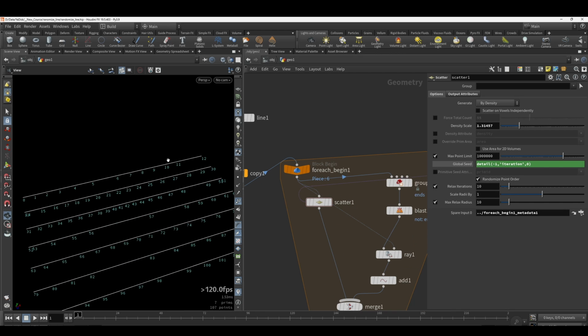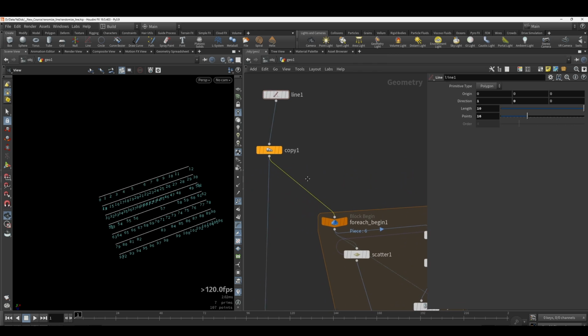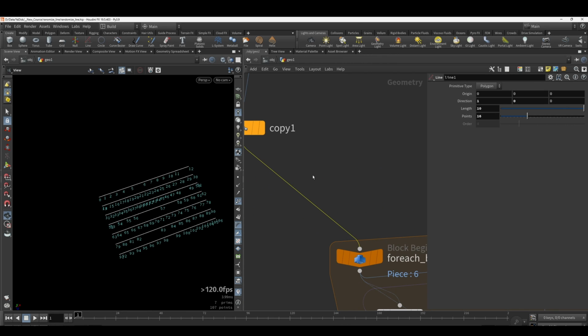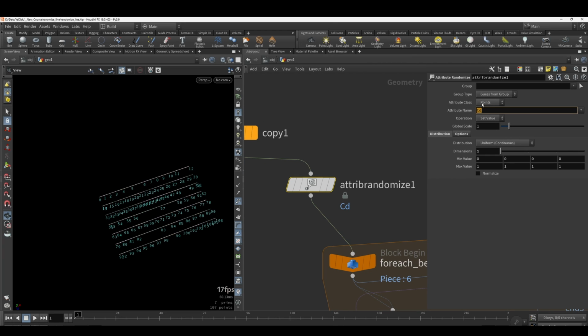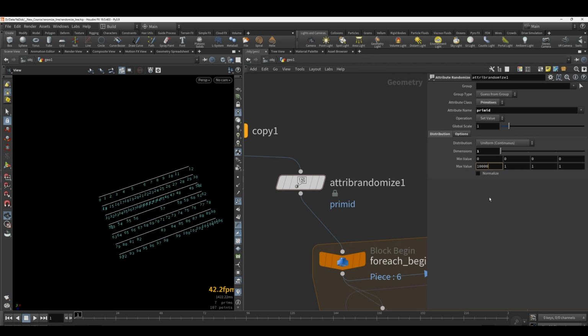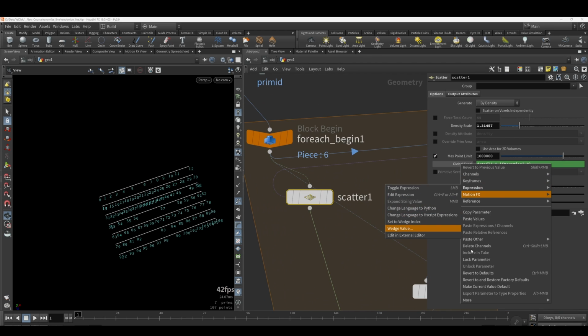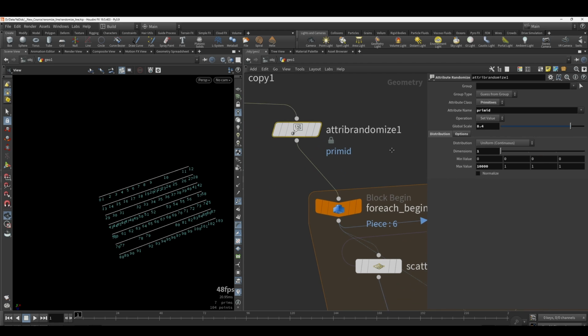Or instead of using the meta import node, we can control the seed for each primitive externally. We can just create, for example, attribute randomize, create only one-dimensional value, set attribute class to primitives, and let's set the maximum value to something really big. And in the scatter node, instead of using this, we can use this, and we can control it from here, which is